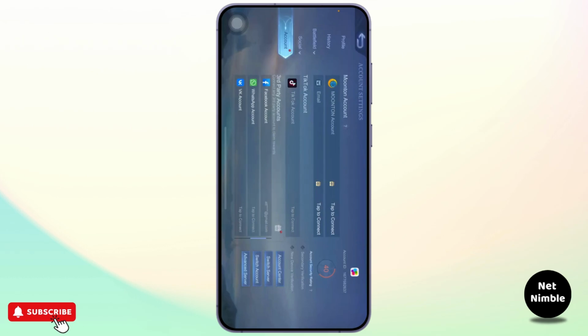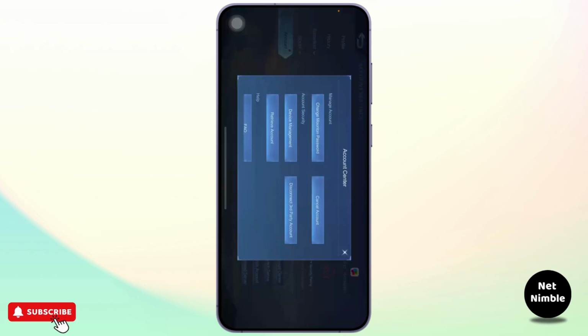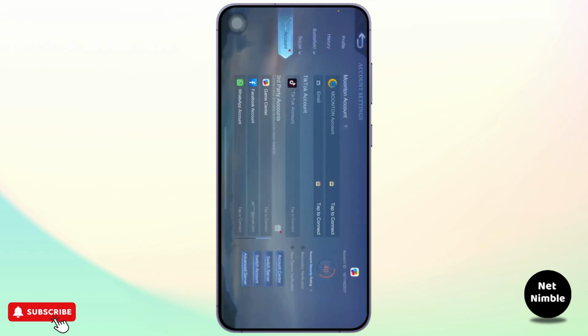It's on the bottom. And right here, make sure that you find out to which social media your Mobile Legends is connected to. As you can see right here, mine is connected to my Facebook account. So yeah, if yours is connected to your TikTok, your Moonton account, or your email, the process is really the same. All you have to do is head over to that very social media and then change the password of that social media. After you change the password of that social media, your password for your Mobile Legends